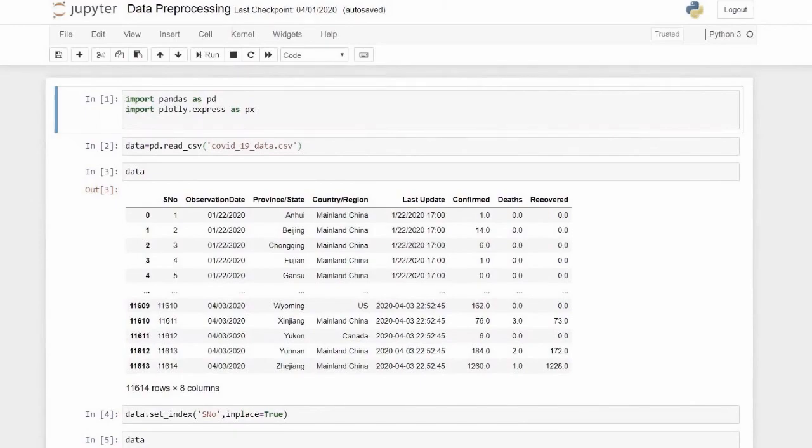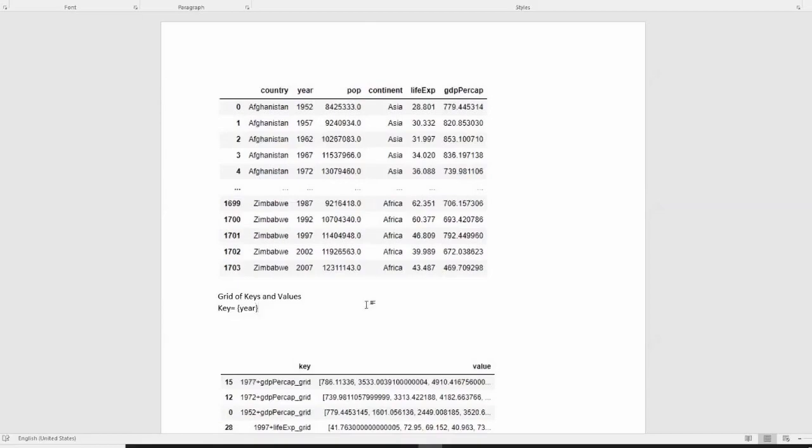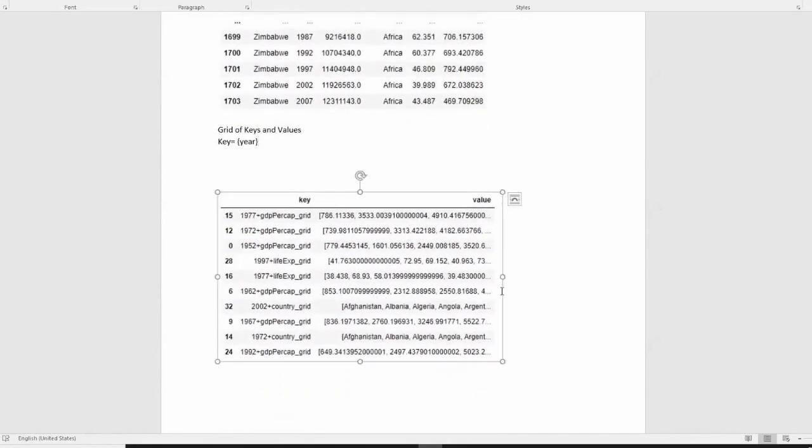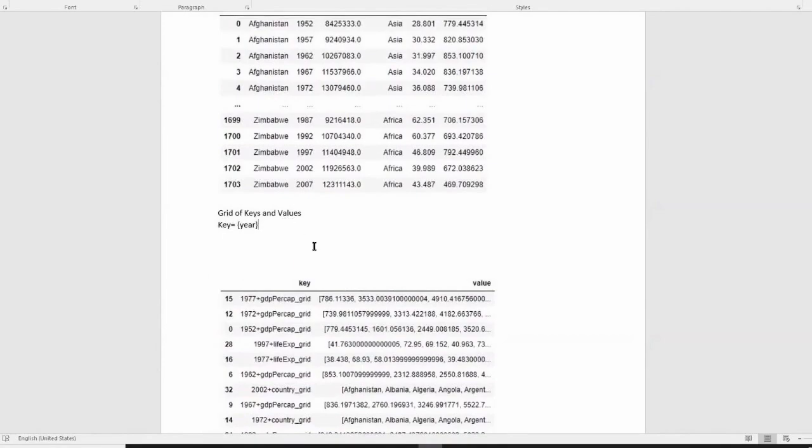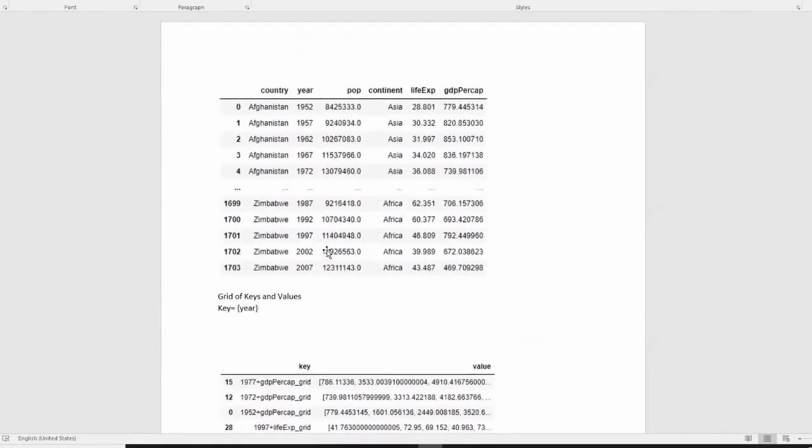So what the Plotly library does, it creates a grid of keys and values. There is a function which transforms this data set into 2 series. As you can see, the resultant is below. So the function formats this data set into this kind of series. The keys consist of year and column name.